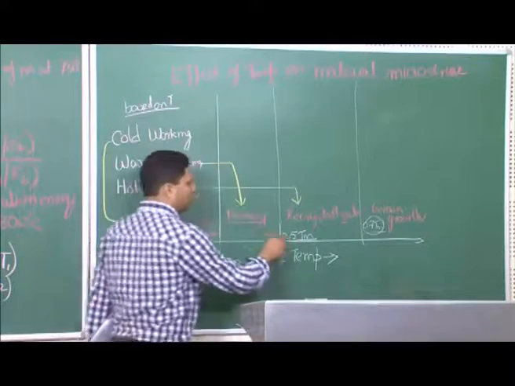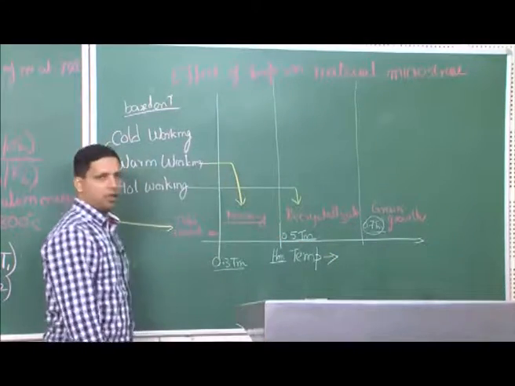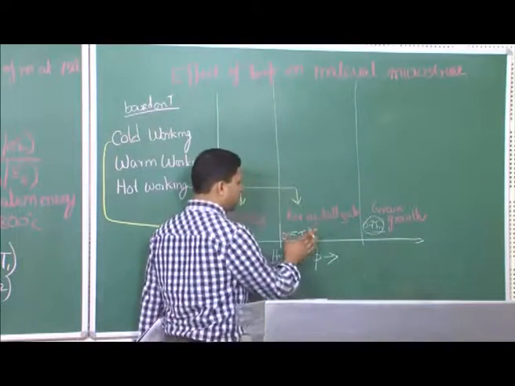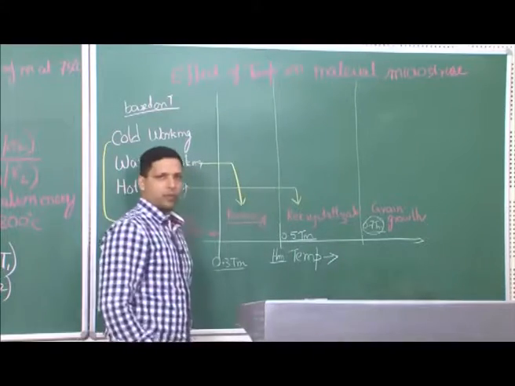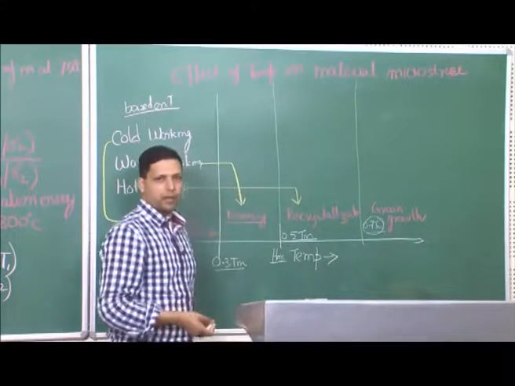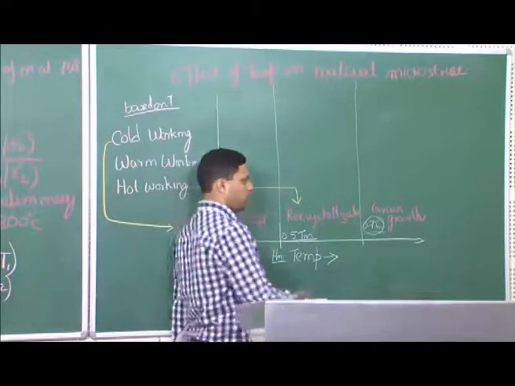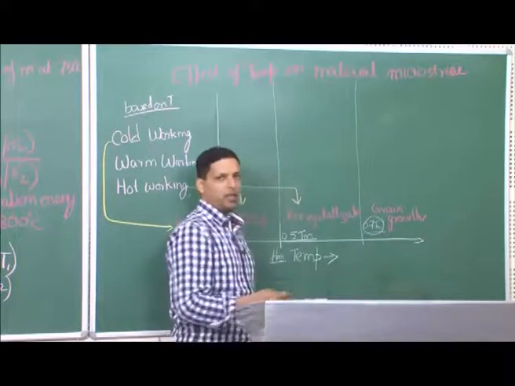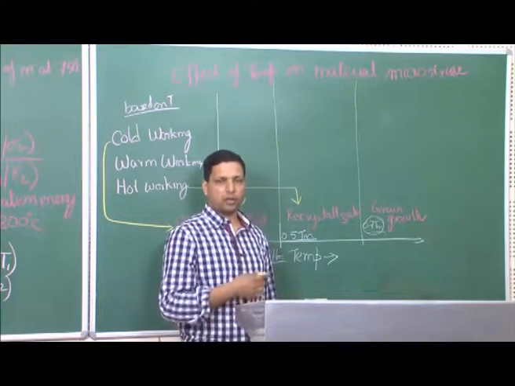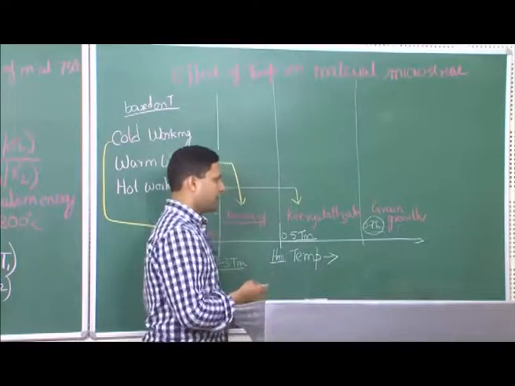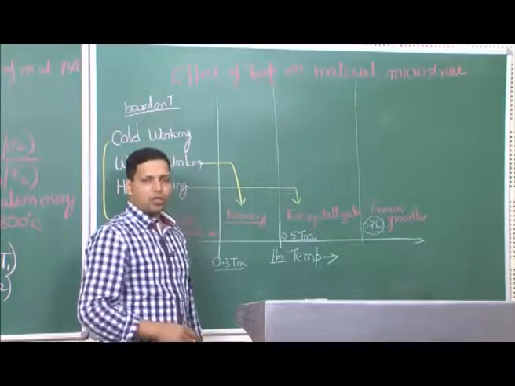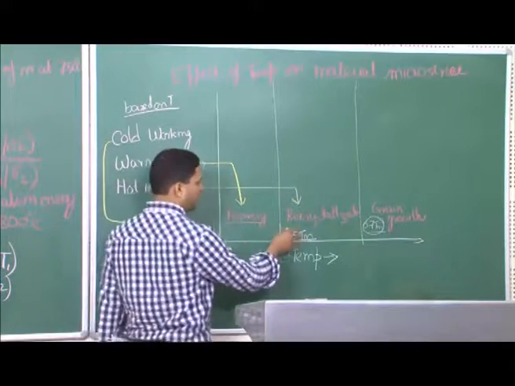Usually these are the only zones; you do not need to go beyond 0.6 or 0.7 Tm, because in this region you are not gaining anything, everything that you can gain is limited up to this point, and therefore, this particular region is not related with any kind of working for deformation. If at all, it is related to annealing, so that you can get rid of all the previous defects or previous strain history and get the material as good as fresh. So, from the point of view of deformation or metal processing, we are limited only up to this temperature